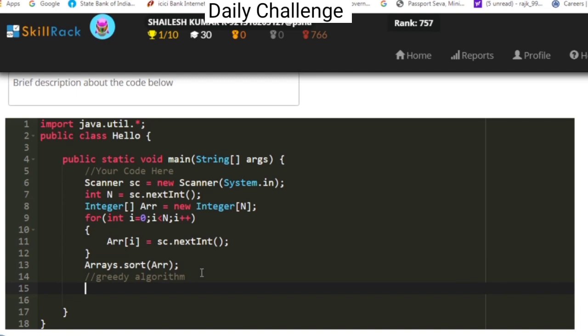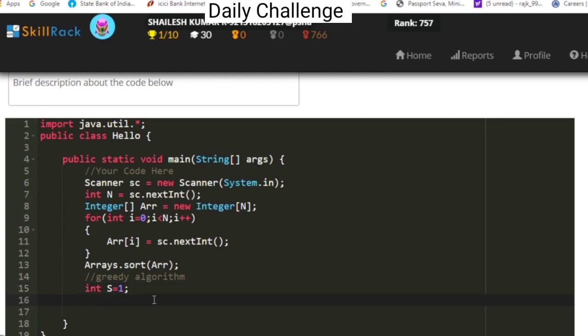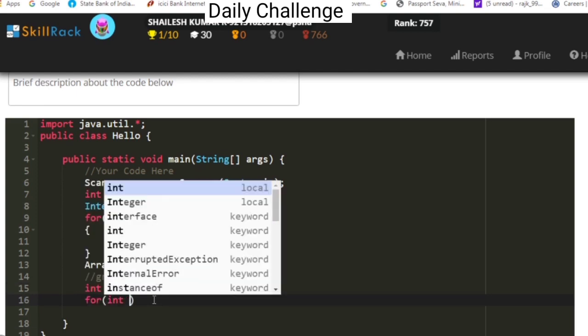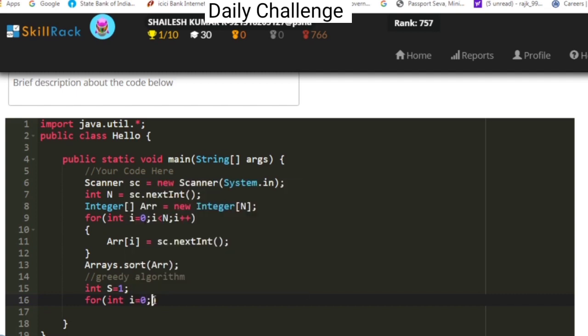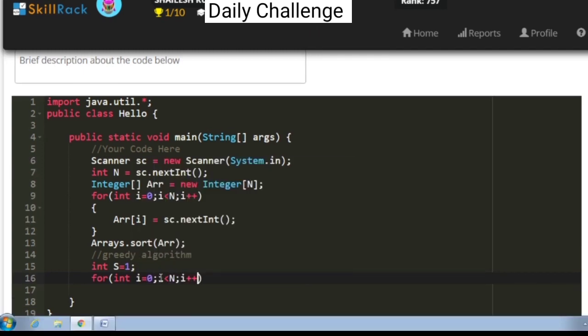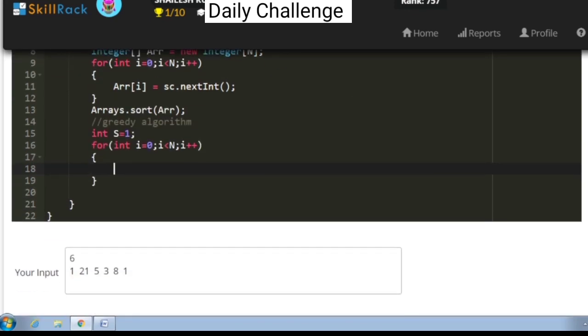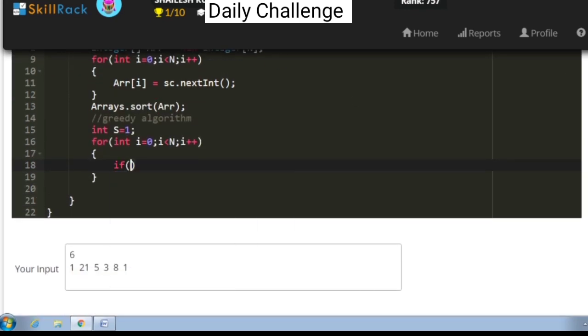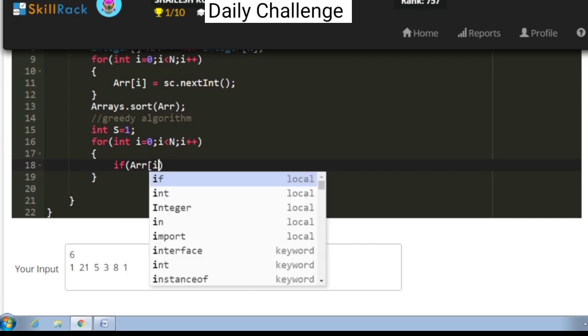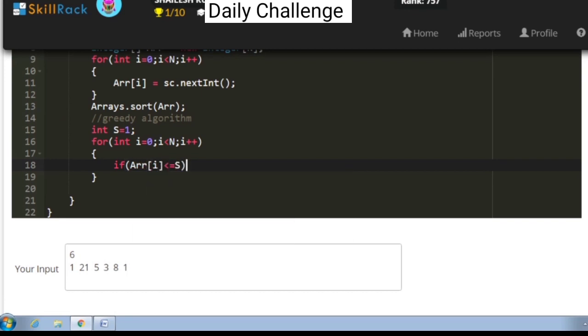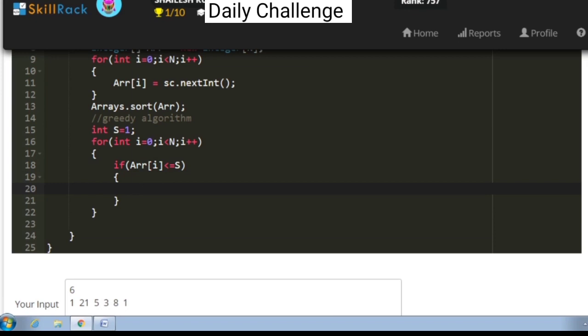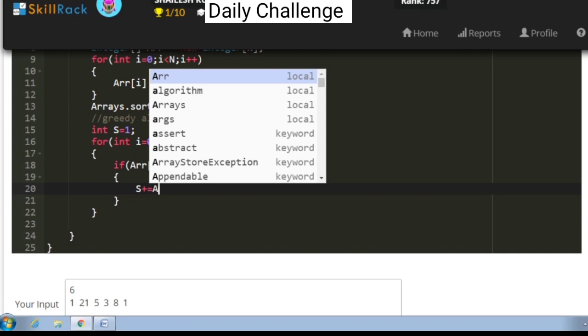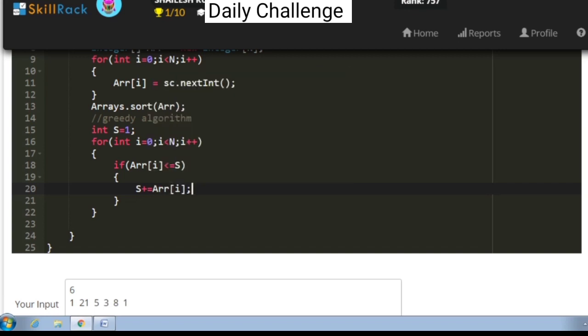So now let's see the logical implementation. First let us set a variable s with the value 1, and then we are going to travel through the array using a for loop. Whenever the array value at the particular index is less than or equal to the value of s, we are going to update the value of s with the array value at that index.